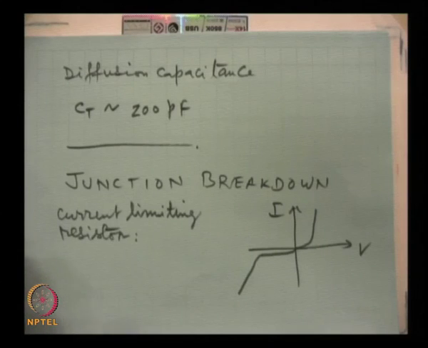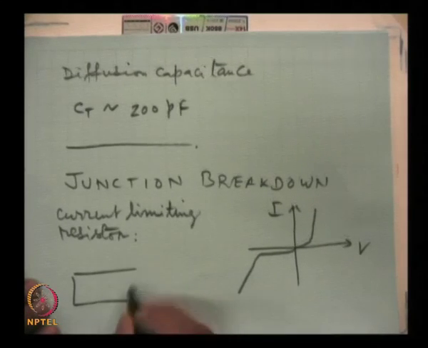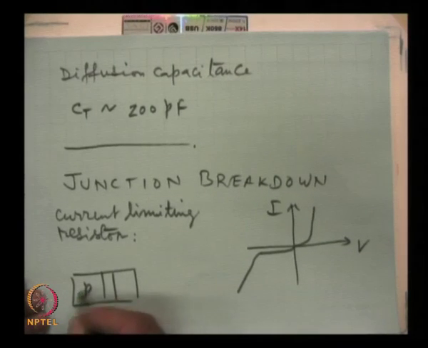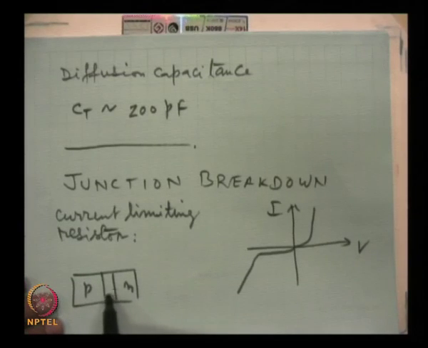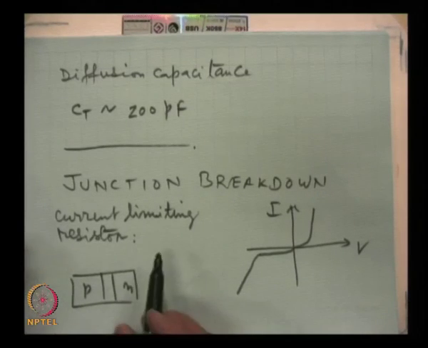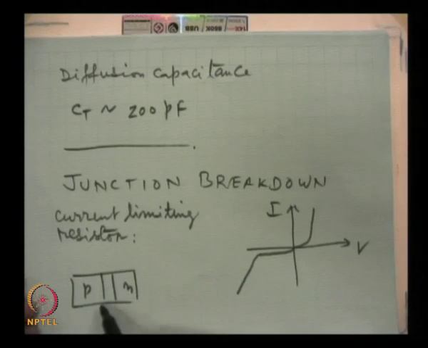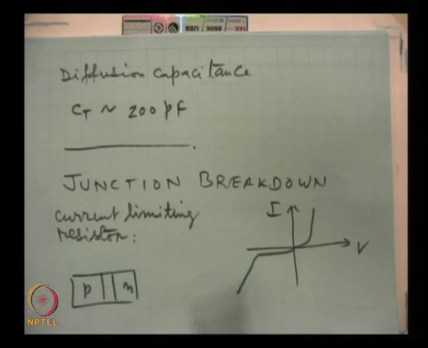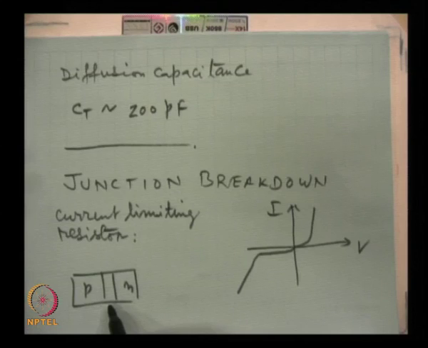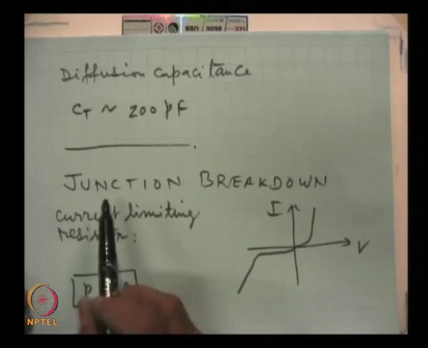When we apply the field to a diode, because the p and n regions have relatively much lower resistivities as compared to the depletion region, almost all the field appears across the depletion region, and this field, as we increase the voltage, say 10 volts, 5 volts, and if we divide by the width, which is of the order of 1 or 2 or 3 micrometers, then the field becomes kilovolts per centimeter, which is a very high field, and that gives rise to what is called junction